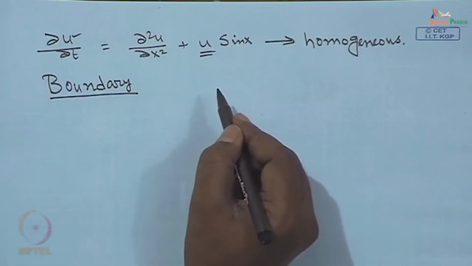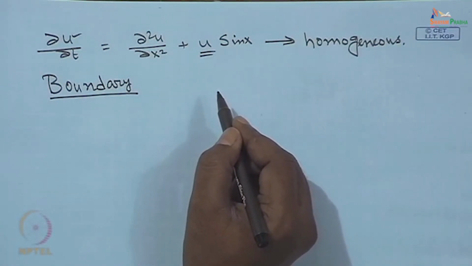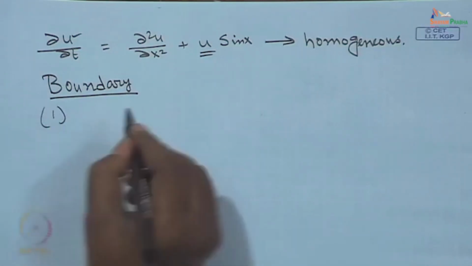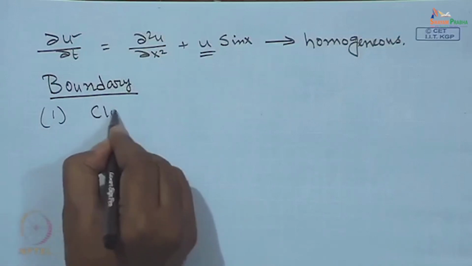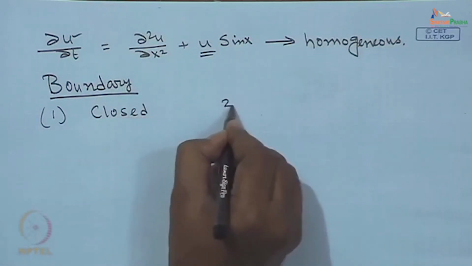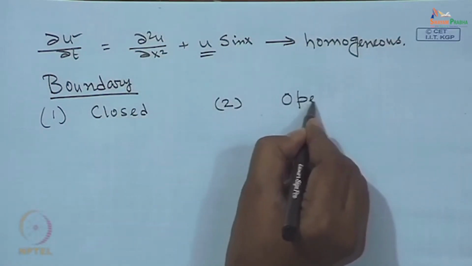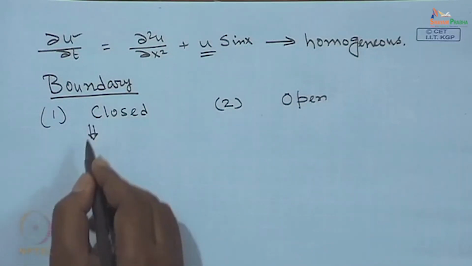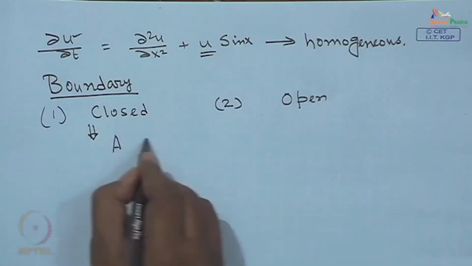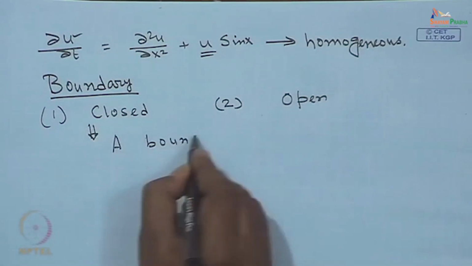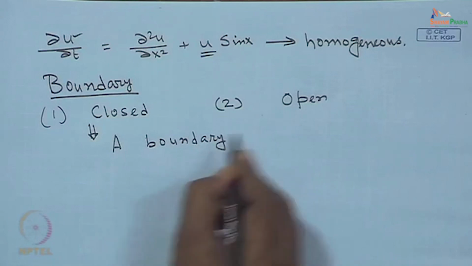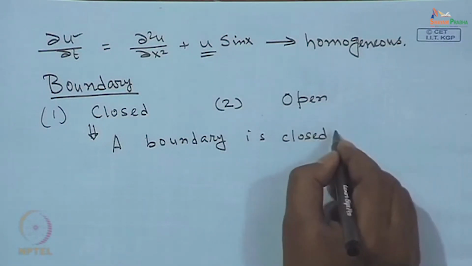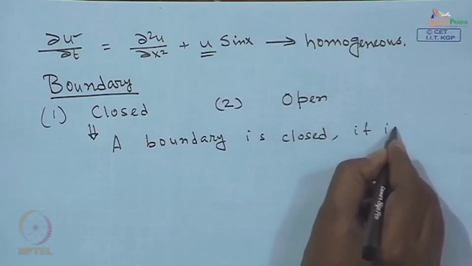Partial differential equations cannot be solved without the boundaries. Now, there are two types of boundaries generally we consider. One is the closed boundary, another is the open boundary. What are closed boundaries? A boundary is called a closed boundary